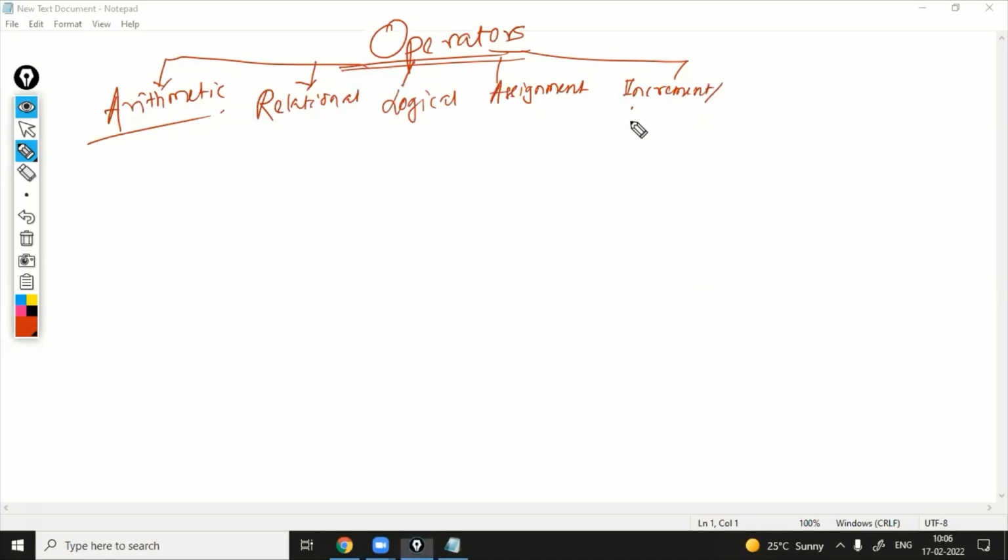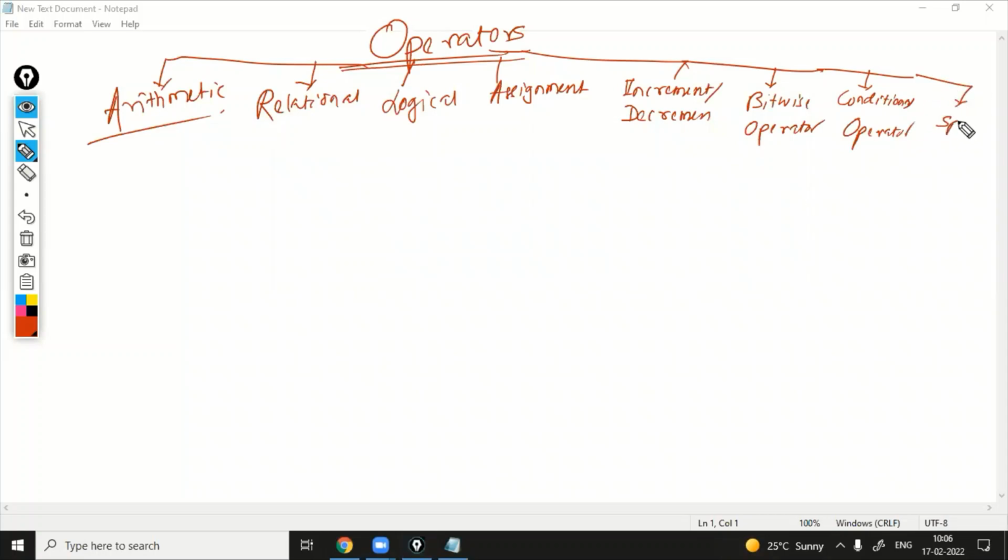Everything here we are going to use in Java programs. After increment and decrement, next is bitwise operators. How many operators? 1, 2, 3, 4, 5, 6, and another two, conditional operators, and special operators, let's say. So first let's discuss arithmetic operators.